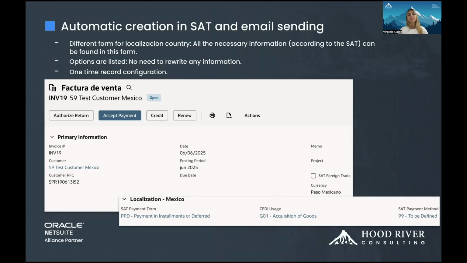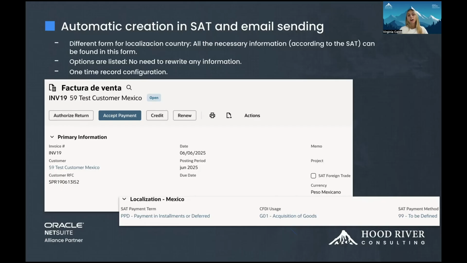And for a customer to be selected in one of these transactions, it has to be created in the system first, in the ERP. We can create these customers in a batch, right? We have different templates to complete the information and to import them in a CSV file.